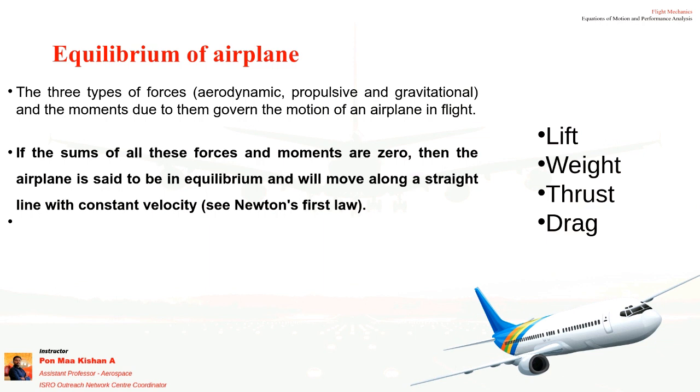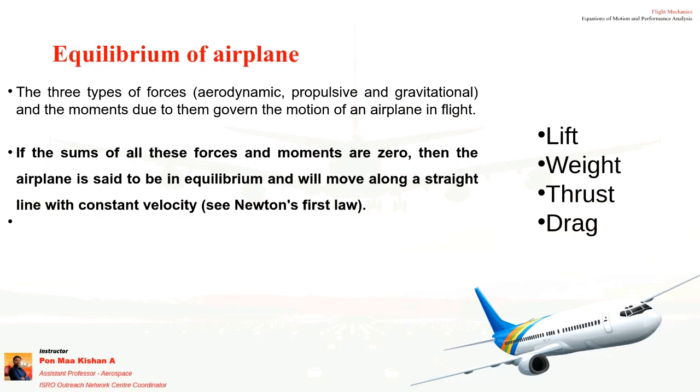Okay, so the next point is, if the sum of all the forces and moments is zero, then the equilibrium condition is nothing but to maintain the stability, right? We want to make the aircraft, or any body, not only the aircraft, even if I am keeping a ball on a table, the ball should not move. So that we can say that it is stable. If you want to make the aircraft stable, it should not move up or down or turn or roll. Okay, so it has to fly at a constant speed.